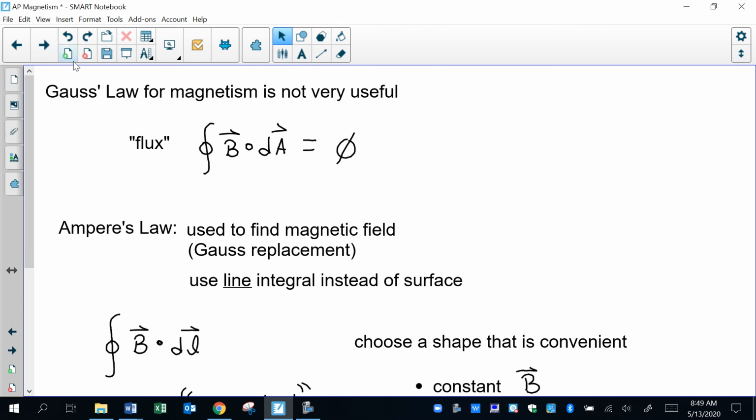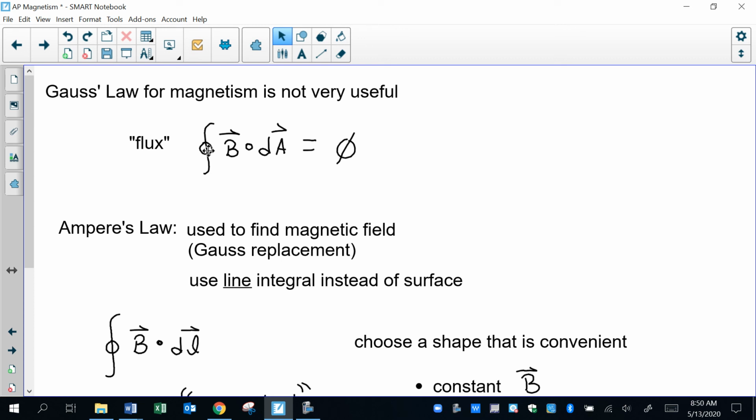Now when it comes to flux, we talked about Gauss's law and how flux is not going to be very useful when it comes to a magnetic field because all of our magnetic field lines are continuous loops. They always make a complete path, which means that if I try to enclose, with this little symbol, a closed surface around some charge, some magnetic source,